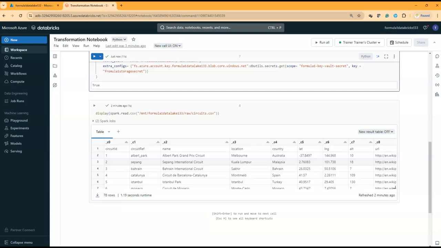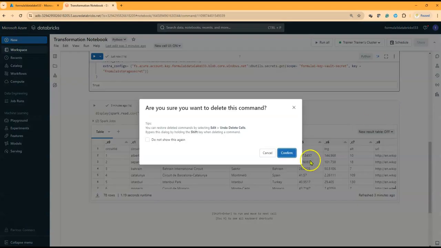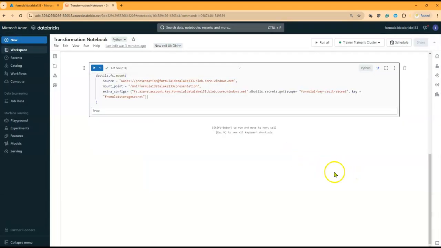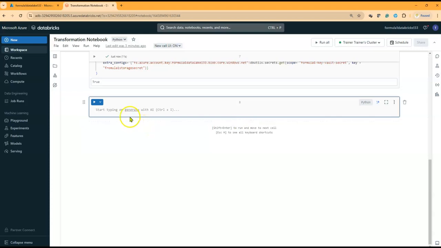So now, just to go with the further operation, I'm going to prepare and create multiple files, or you can say the data frame files, or I'm going to create data frames, which is definitely going to help me to read this whole information. So to do that, I'm just going to click on this code